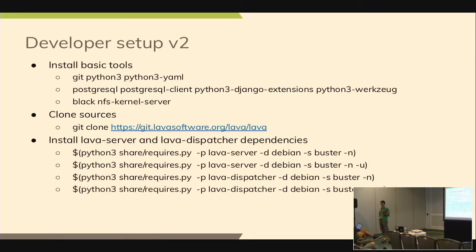So as I said, we have a new method now, which is a bit less hacky. It's a clean way to do it. You just need to install all the dependencies manually. This is a full list technically that you have to install to be able to clone and first things. Then you clone the sources, and in the sources itself, we have a script that will give you the dependencies for Lava server and Lava dispatcher directly, and you can just install the result, what this script is returning. So apt-get install of what is written by these 4 calls to scripts, and that will install everything that you need.